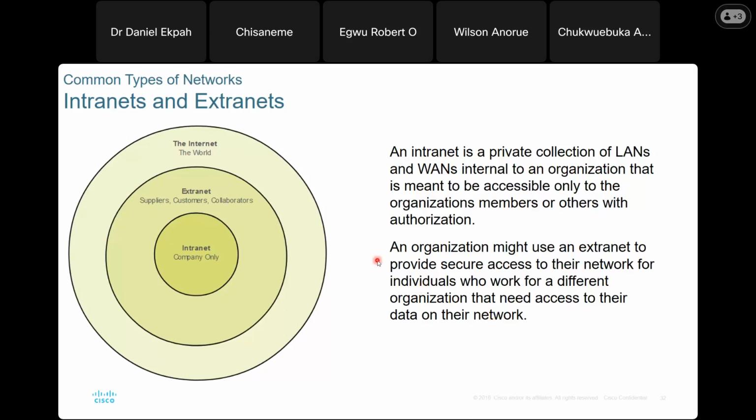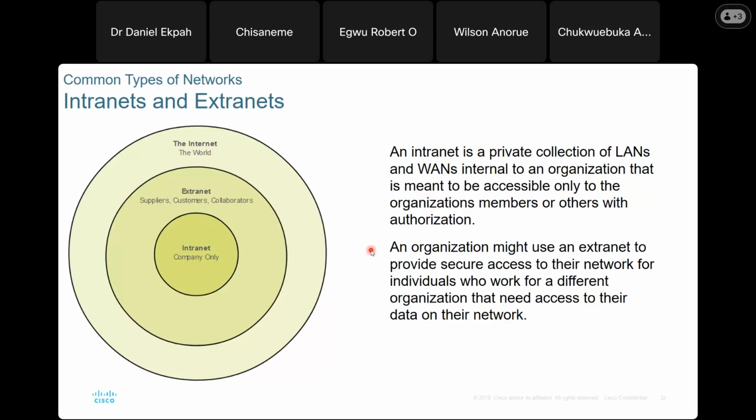So I was explaining the intranet and extranet, and I said earlier that the intranet is accessed by only the staff of the company. Then the extranet is what is used to provide services for customers, or maybe people that want to have access to the company's services. So I was giving an example of Access Bank. There was a time in Uniport when Access Bank provided internet for students to connect to the network, and students were able to browse using their Wi-Fi.